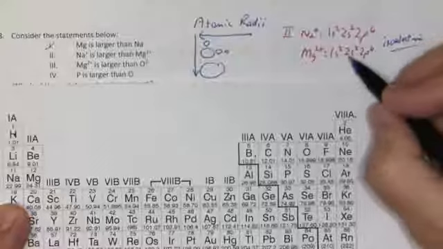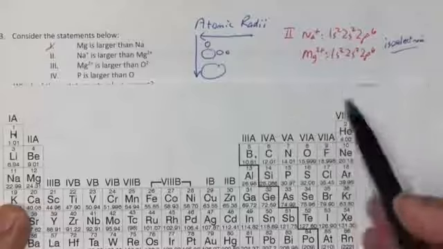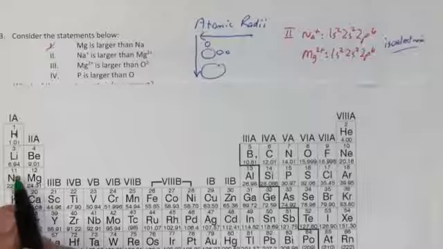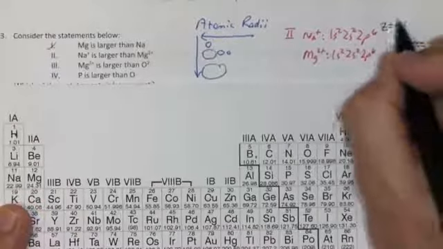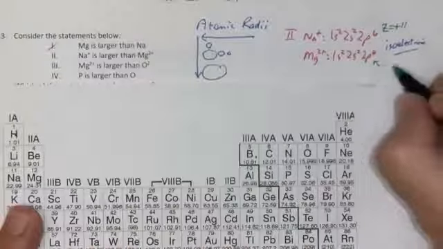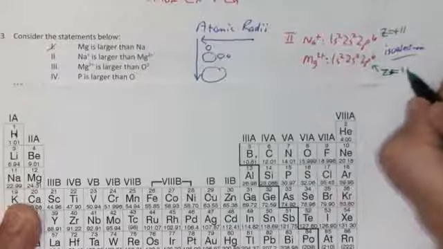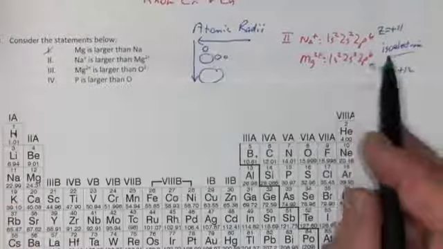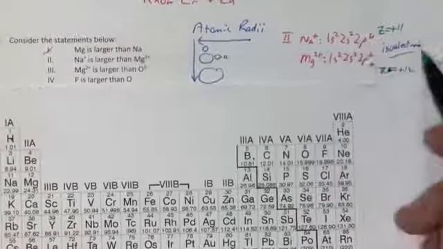So how can I determine which is bigger? I have to consider the nuclear charge. The nuclear charge is the number of protons. Sodium has 11 protons, a positive 11 in the nucleus. So the Z is plus 11. It's got 11 protons and 10 electrons. Magnesium has a nuclear charge of plus 12. The rule that we learned is that when you are comparing isoelectronic ions, and these are isoelectronic, the same number of electrons, the same electron configuration, they get smaller with increasing